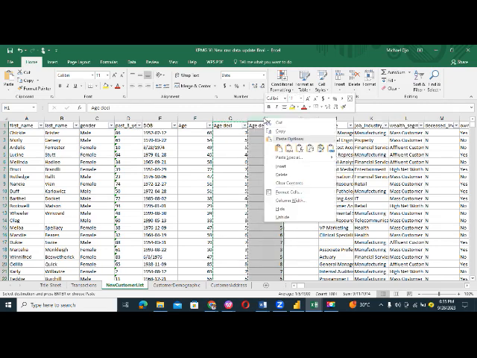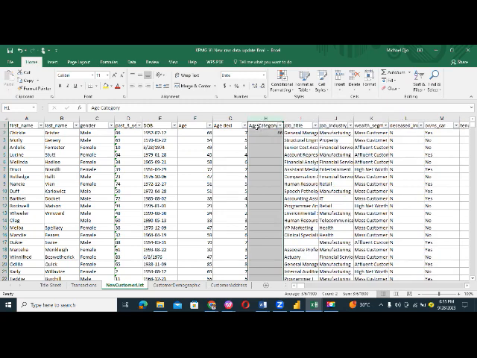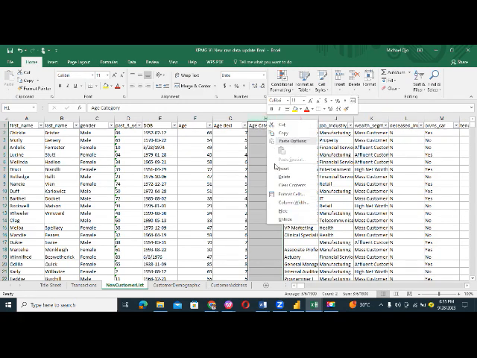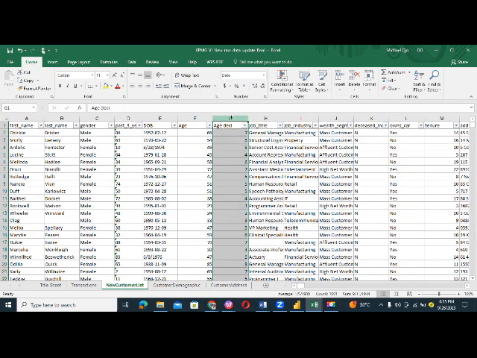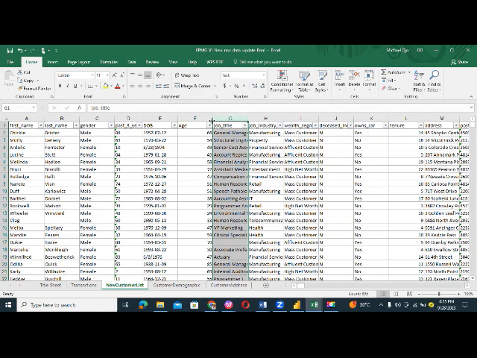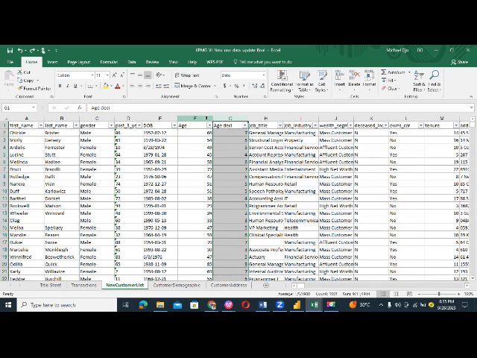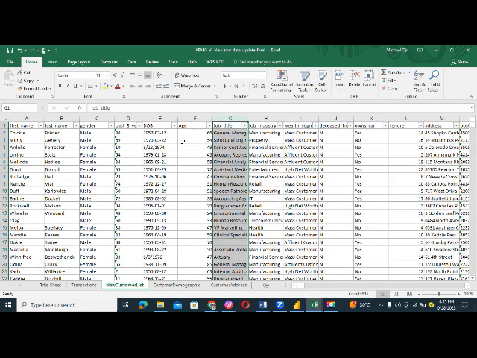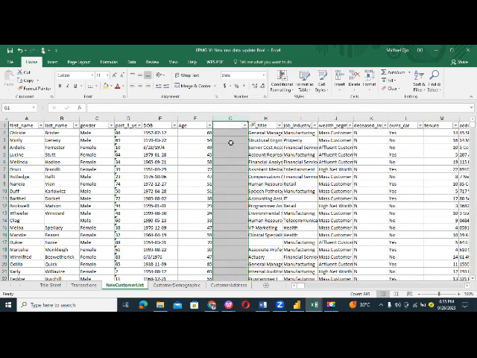So I'm going to use if statements. So let me delete everything I've done. Oh, this thing I want to do now in Power BI, right? But I'll quickly show you what to do. Remember that we are just doing the data cleaning, all right? So to do what I want to do right now, oh, sorry, Control Z. Let's just stop here. So the first thing we did was to convert the date of birth to the age, right? So now let's get the age category. So to get the age category,